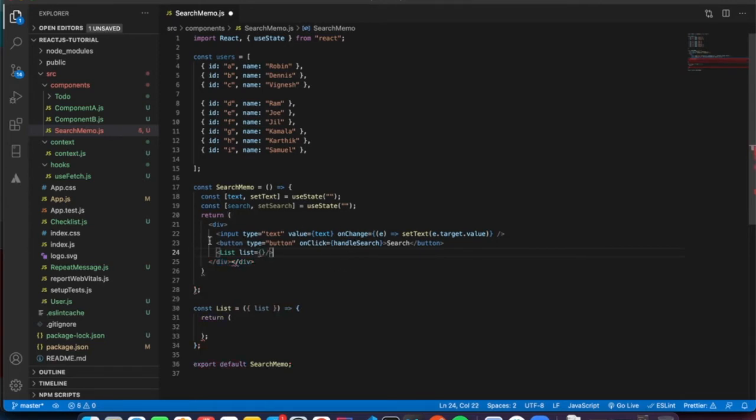So now we have written the input and button. We type in the input and click on the button, which will call the handleSearch function.